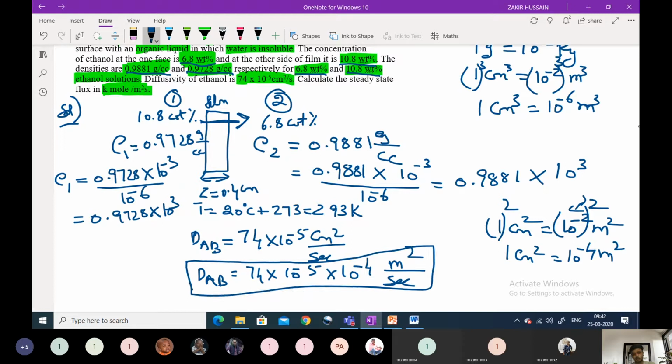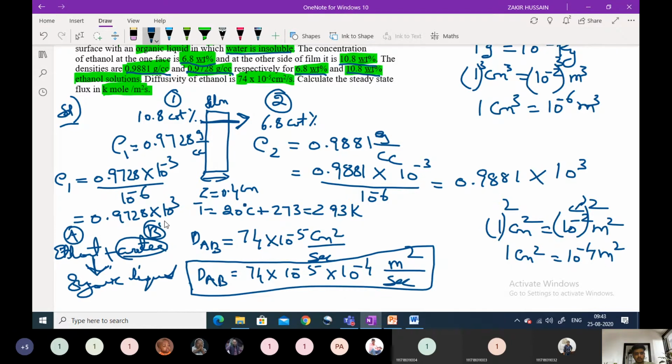So we already have all the values which are required. So from the problem itself, we clearly know that ethanol plus water, this is going to diffuse in organic liquid according to the problem. So if you consider ethanol as A and water as B, ethanol is only going to diffuse into organic liquid. This water is not at all solubilizing. Here you can verify from the statement, water is not soluble. So B is not at all dissolving or diffusing into organic liquid.